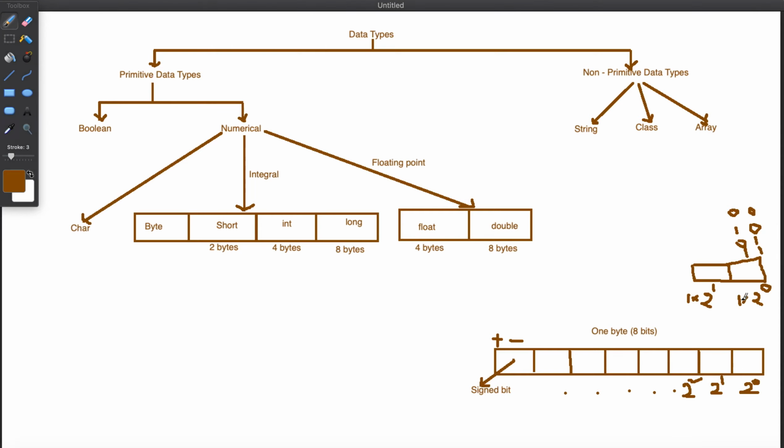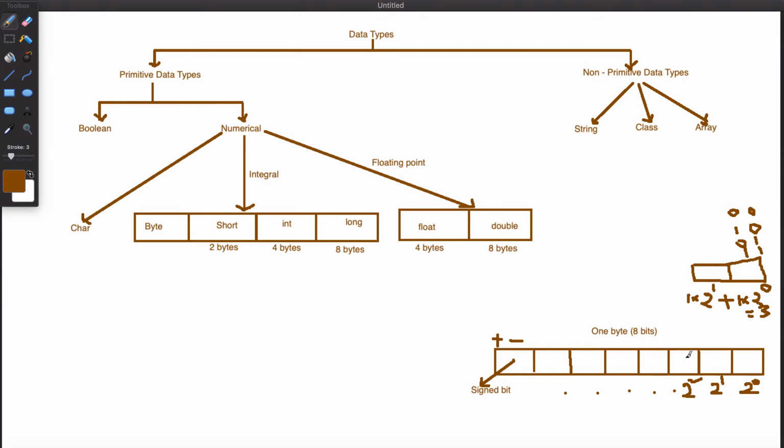So this is 2, 1 into 2 is 2, plus 1 into 2 power 0, 1 into 1, which is going to be 3. If you have 2 bits, you can store a maximum of 3. So the max value that you can store with 2 bits is 3.